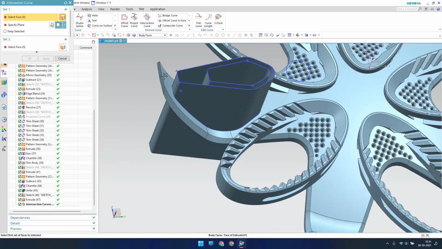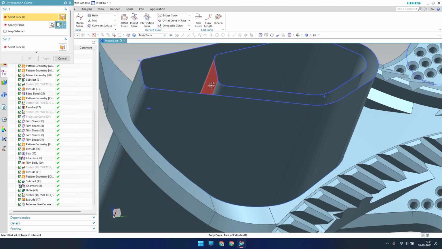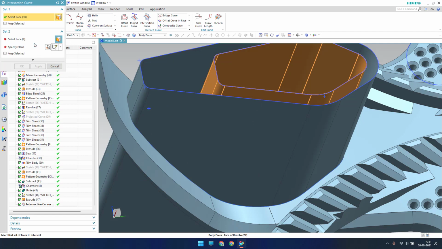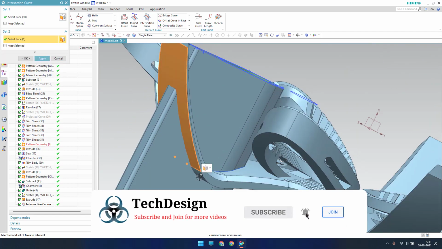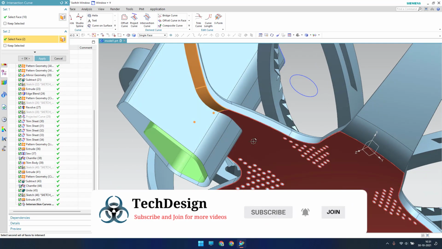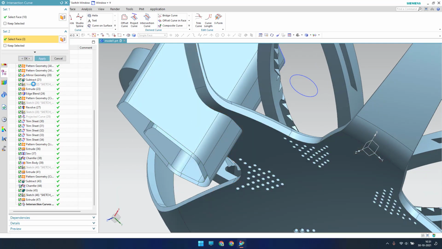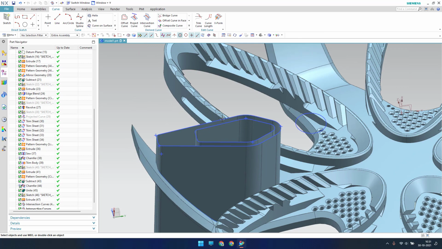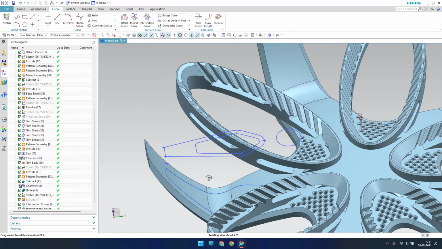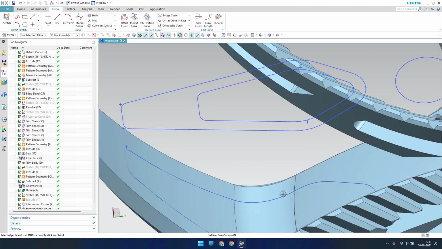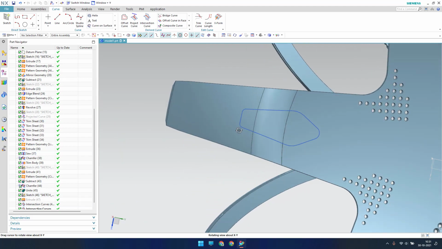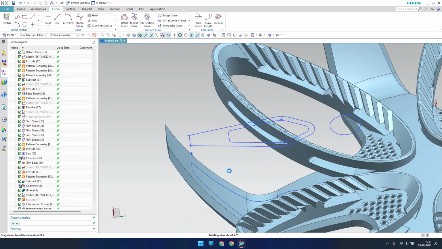In the same way, whatever we have created on the top surface, I'm going to do it on the bottom surface as well. So with this body, go to bottom surface and select this and click OK. Now we don't want this surface, so let me hide this. As you can see here, these are the intersection curves that are created, and the bottom also has intersection curves.